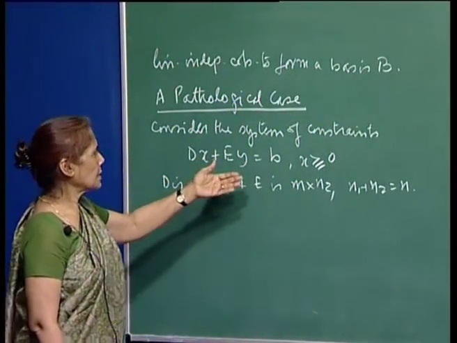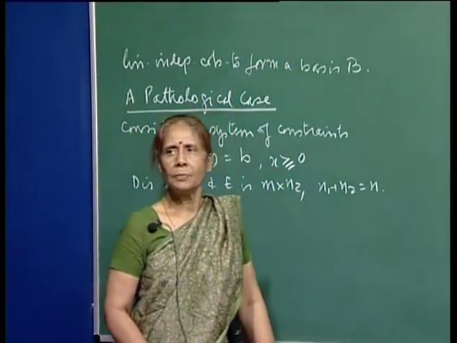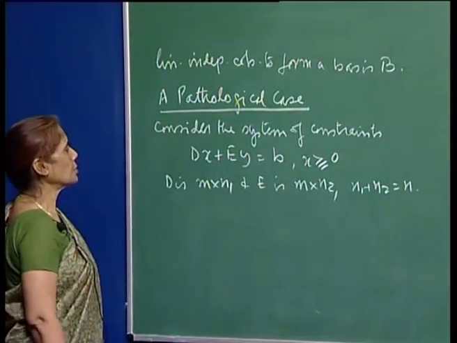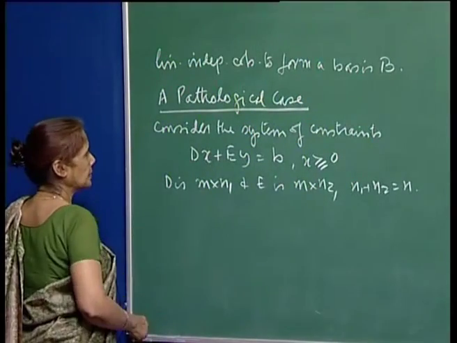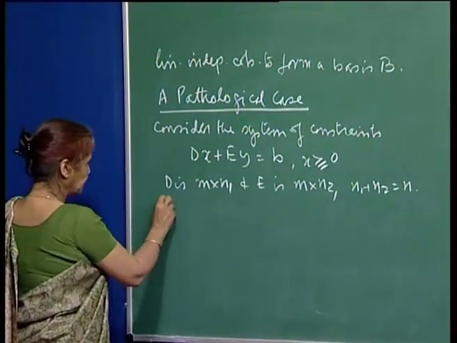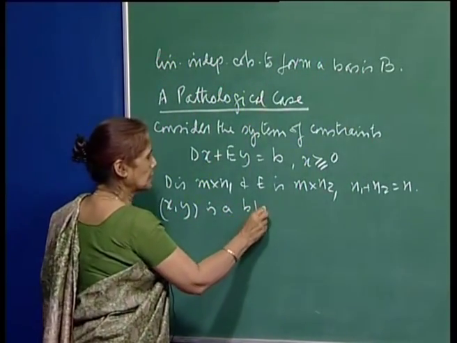I have also discussed with you earlier that if you have unrestricted variables, you can always convert the system to a restricted one, except that the dimension goes up. Anyway, here I will just straight away define a basic feasible solution. So, we will say that x is a basic feasible solution